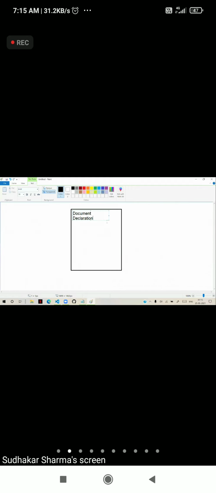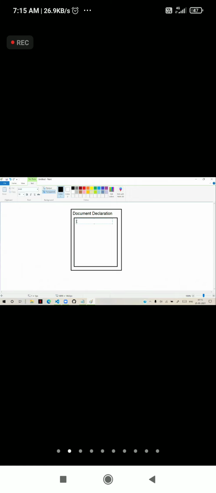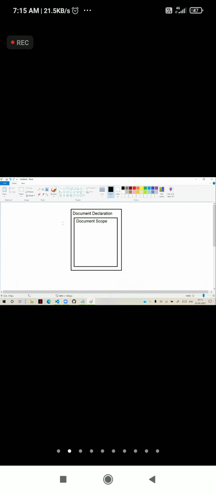An HTML page starts with the document declaration. And after the document declaration, it comprises of a document scope. These are present at high level. We have document declaration and document scope, right?